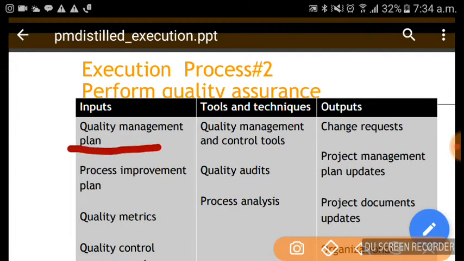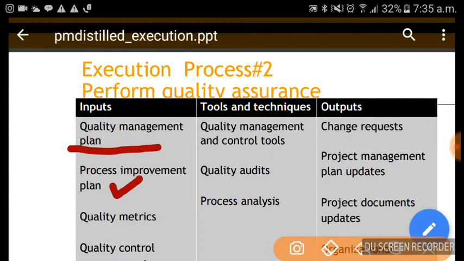When we discussed planning, we covered the quality management plan as well as the 7 QC tools. It's all about what the quality goals are and what we will be doing to achieve them: how many hours of testing, what types of testing, what types of check sheets. All those things are decided there.